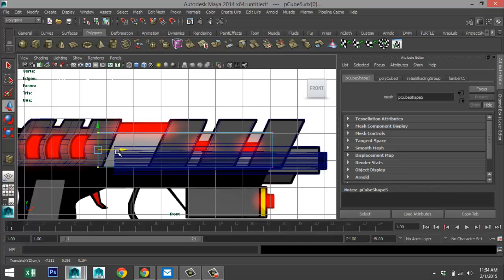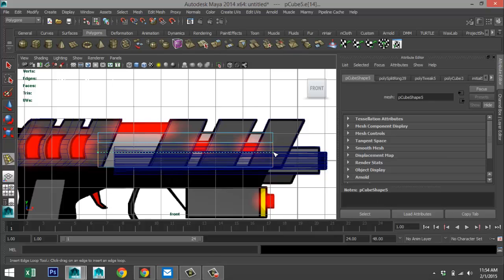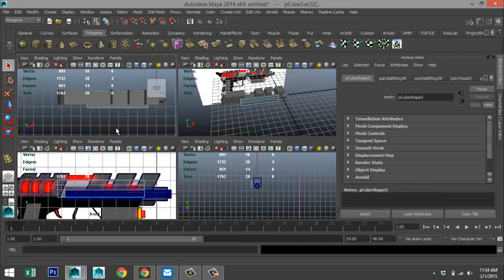Okay, so that looks about good. We do need to deal with the width later on, but we'll deal with that when we get there. And we're going to go to edit mesh, insert edge loop tool, and add an edge there and there, and hit Q on our keyboard.